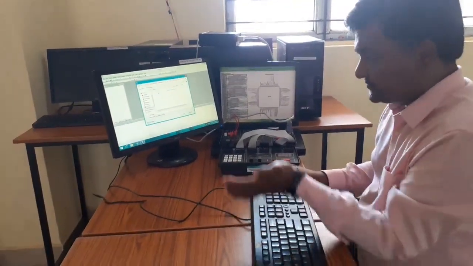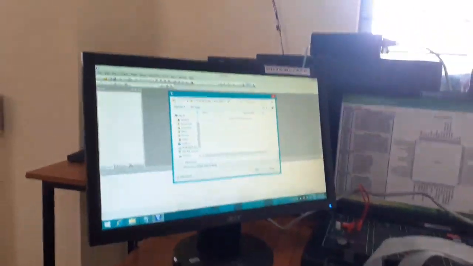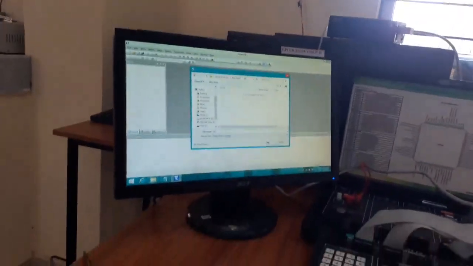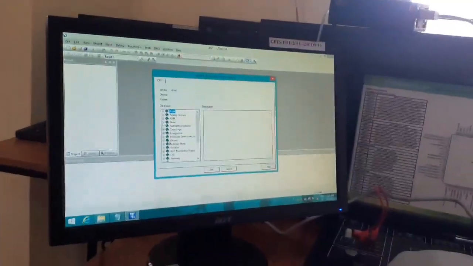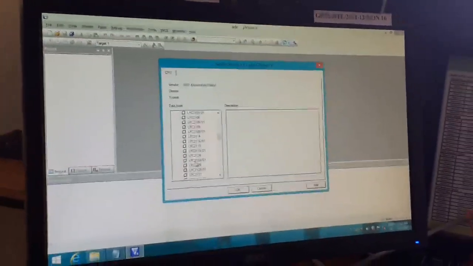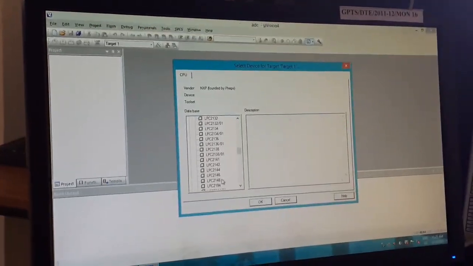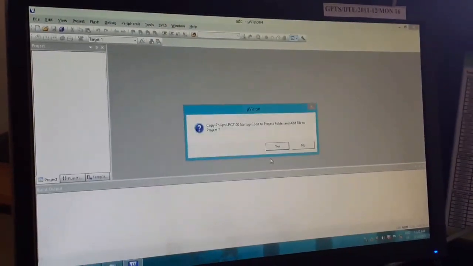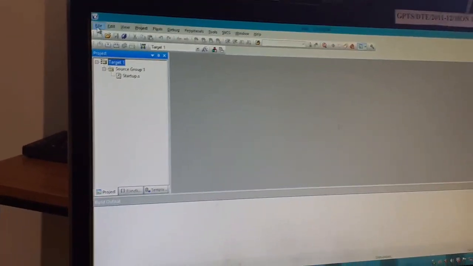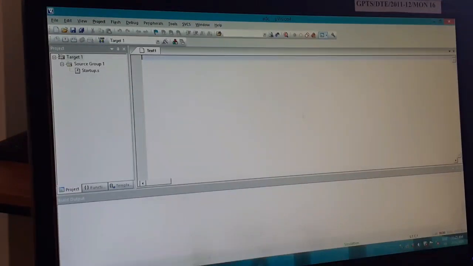Inside this folder give the project name as ADC. Click on Save, select NXP, click on the plus, select LPC 2148, click on OK, and click on Yes. The project file has been created here. Now go to File and click on New. The program editor window will be opened. I will be directly copying all the code.